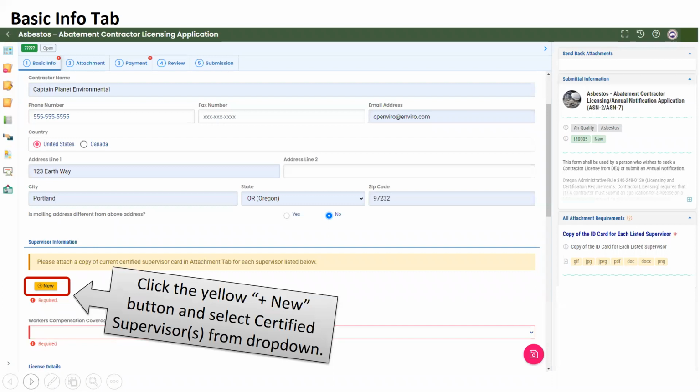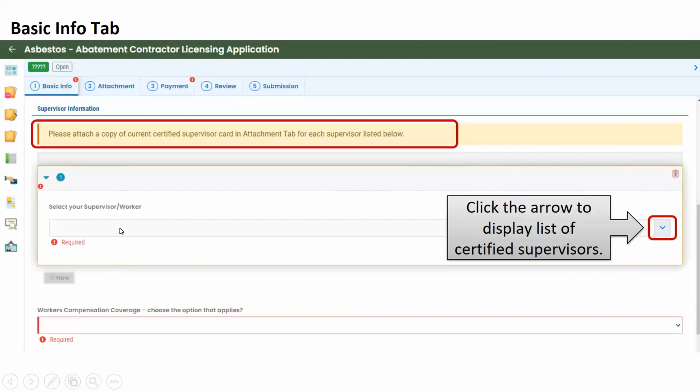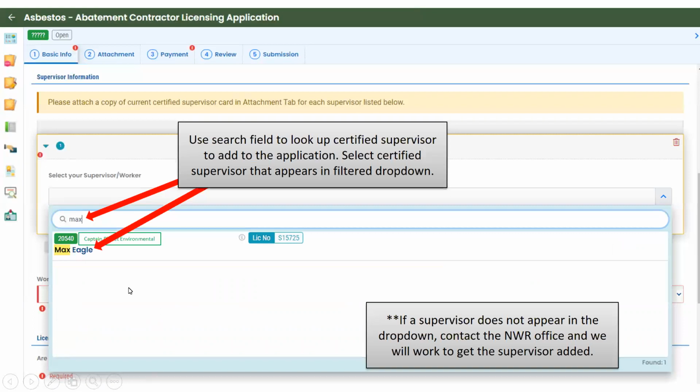And what you do after that is you'll click this down arrow, and you'll be able to actually search. It'll pull up this little magnifying glass or search bar, and you'll start typing the name of your supervisor. The supervisor information, the name and the certification number, will populate in the dropdown, and then you'll just click on them to add them to your application.